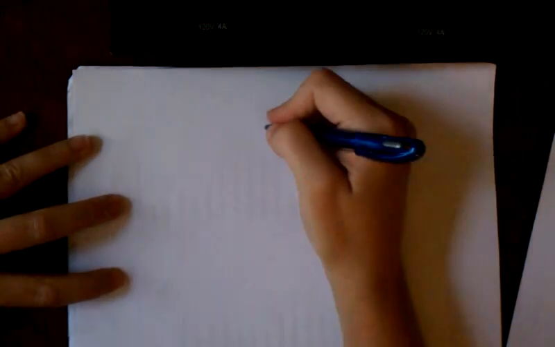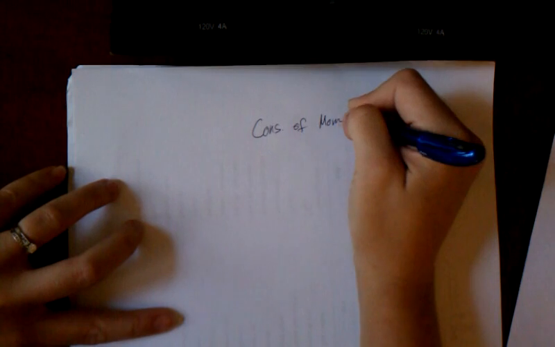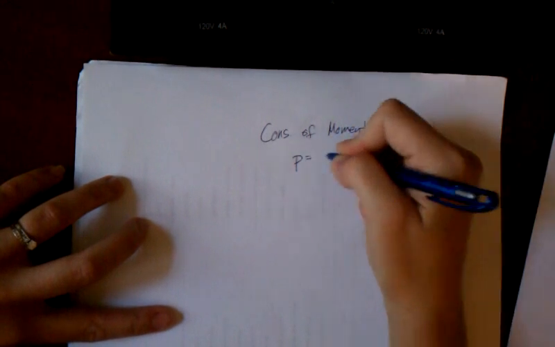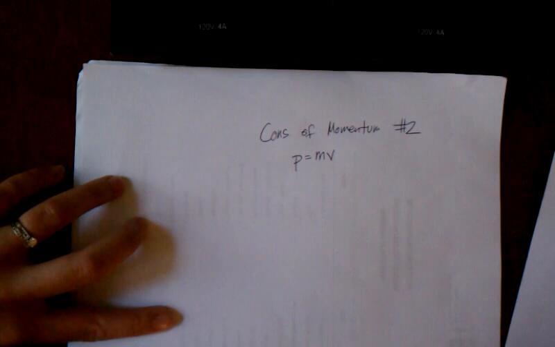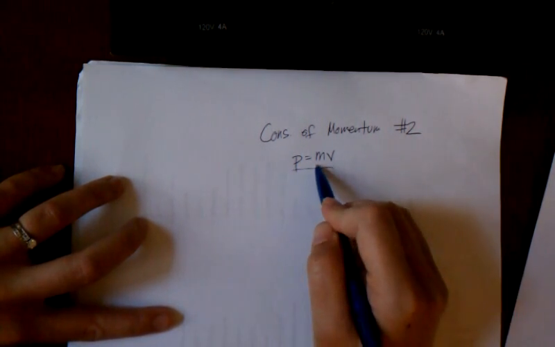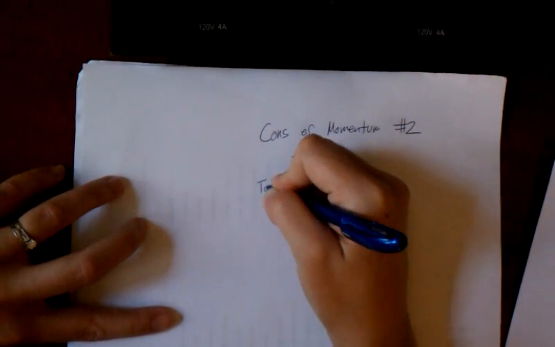All right, so I am going to do conservation of momentum. Problem number 2. The first thing that you have to remember in these problems is that momentum is mass times velocity. If you don't know that, you have bigger problems than this. Go back and look at your notes. Momentum, we use a P for it because we're out of letters, equals mass times velocity. The other thing you have to know, total momentum